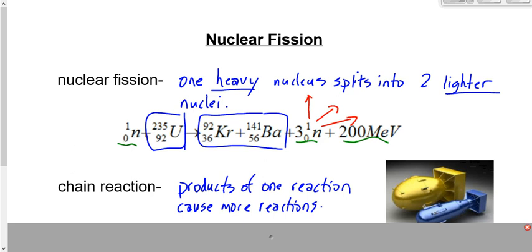Within a small fraction of a second, we've got this exponential growth in the number of reactions. In other words, instead of moving one speck of dust within a tiny fraction of a second, we're moving an exponential number of specks of dust.